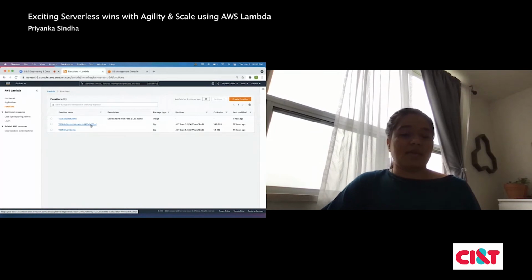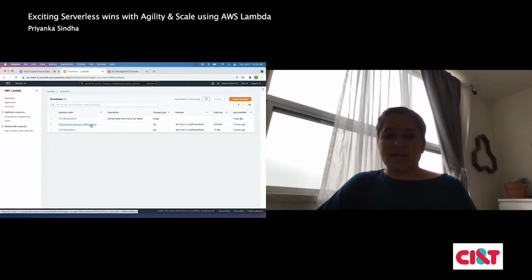So if anytime in the future you wonder where your image is, it's under ECR, not an S3 bucket. You just have to mention the package type: image, or zip. Zip is the default, and if you want to build your Docker image as a package type, then you have to mention package type image.